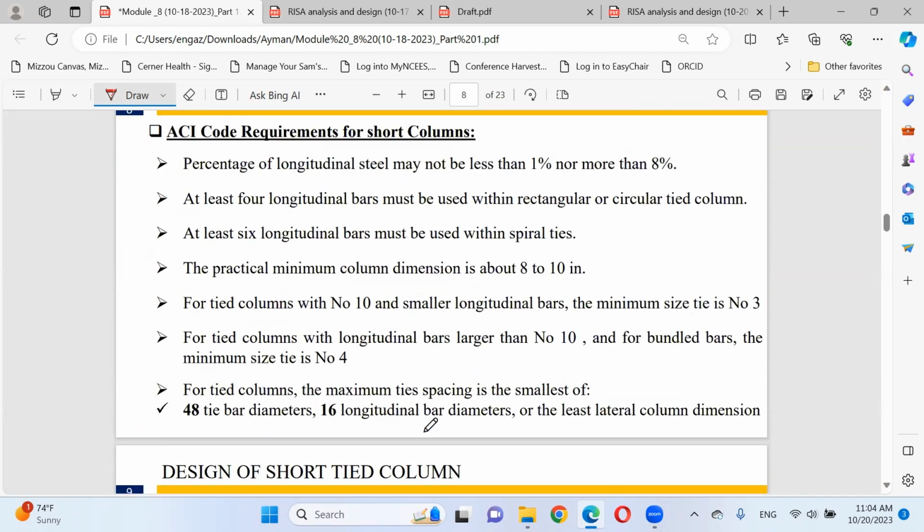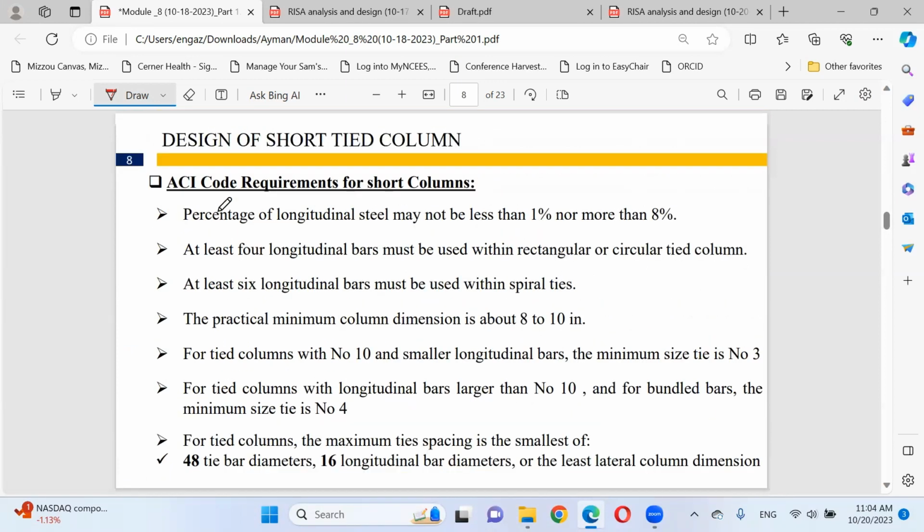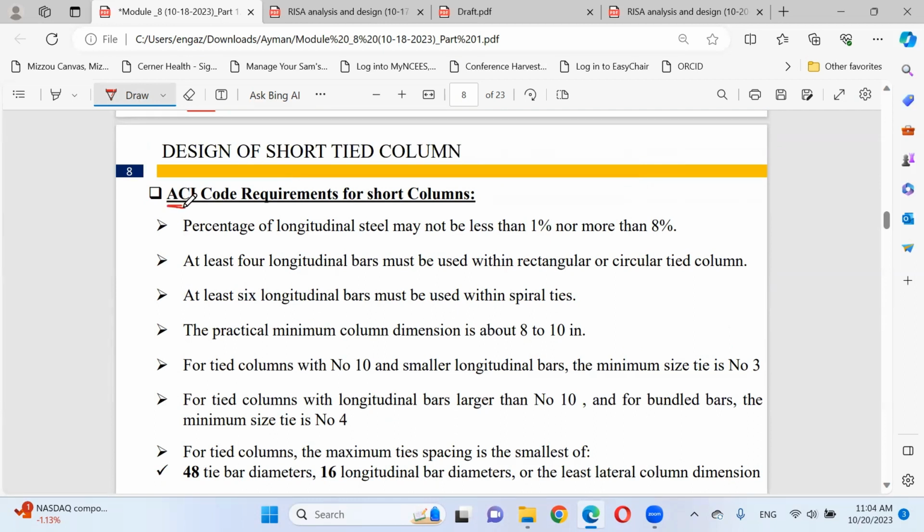I discussed some examples last meeting, but before going into another example, I would like to highlight some information from this slide. According to ACI, we have a range for the percentage of area steel inside the column.